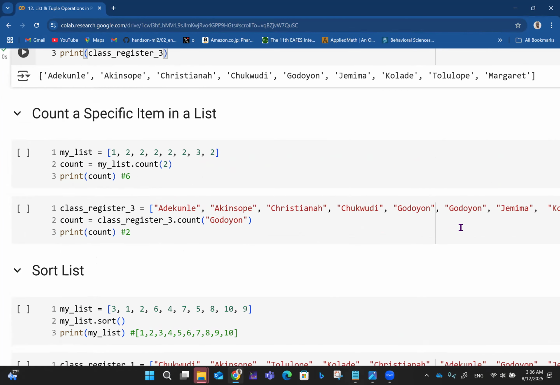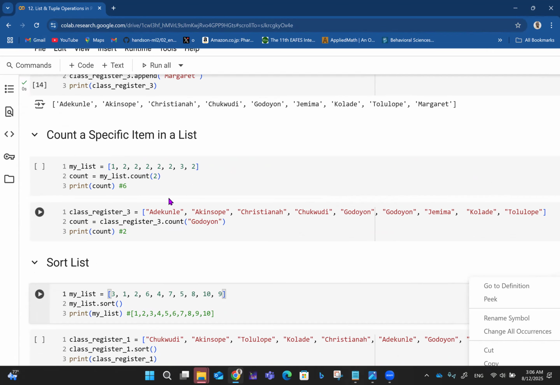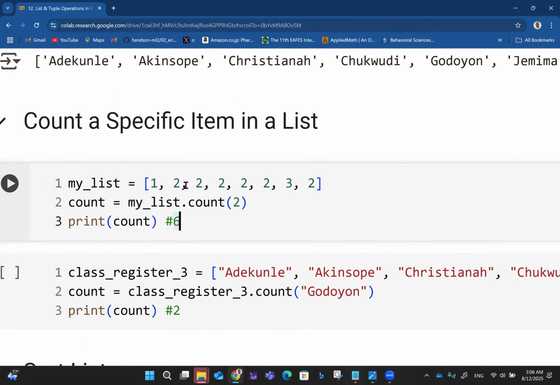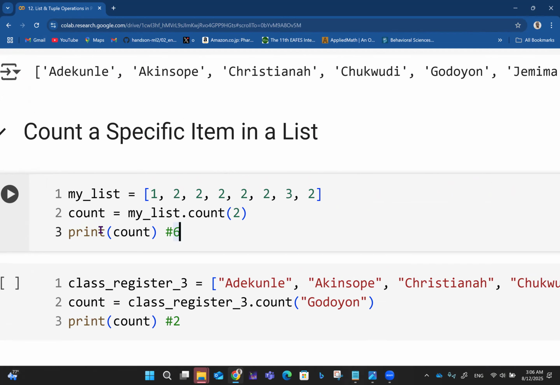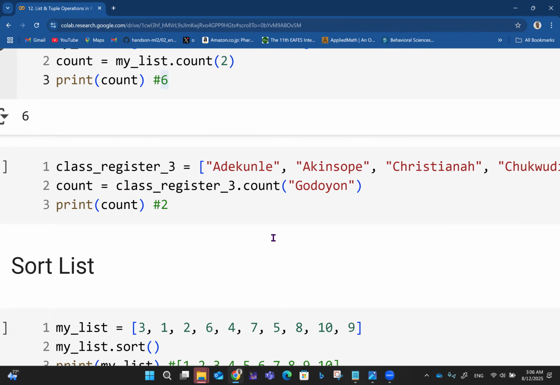Okay. Of course, we also did counting that time. You want to count the number of students in a class. So here you have my_list: 1, 2, 2, 2, 2, 1, 2, 2, 2, 2, 2, 3, 2. I want to count the number of twos here. So in this case, you just say count is equal to my_list.count(2). We want to count the number of 2s in that list. If you run that now, you have 6 right there. So if you want to know the frequency of a particular item in a list,